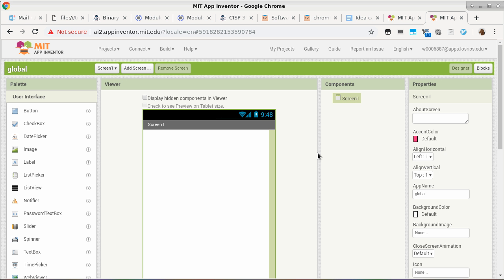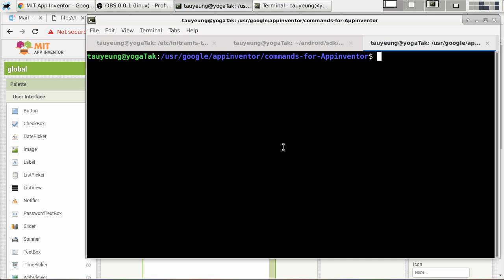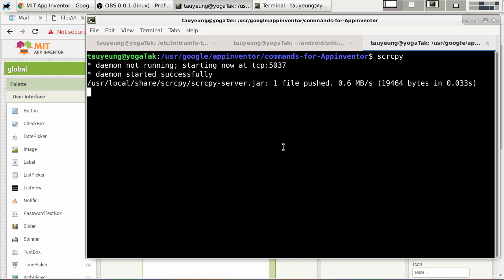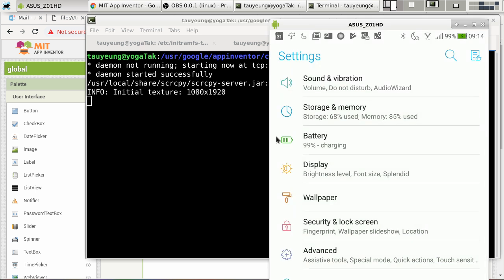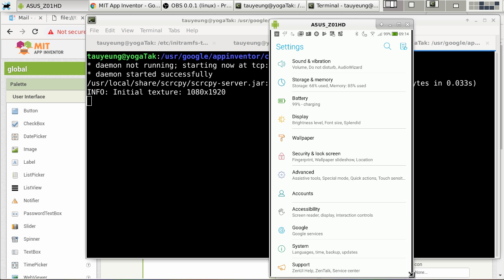For those of you who are not really familiar with the concept of a splash screen, oh, by the way, I fixed a few things. First of all, I fixed the problem of screen copy and uploading not compatible. They kept clobbering each other. So this time it's not going to clobber each other. So let me do a screen copy. All right, so here's my screen here. I was looking into something earlier, but that's fine. Okay, you guys can all see my cell phone screen here.